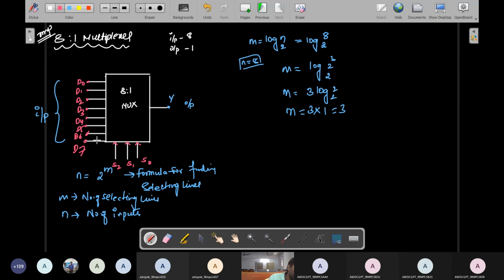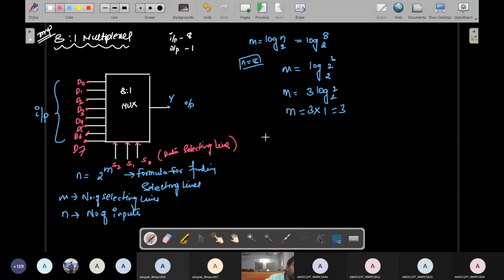If you're using 8 input variables, then you have to give at least three input selecting lines. These are called data selecting lines. Compulsorily, these data selecting lines will be given to this multiplexer. So what is the output we obtain? This output is selecting any one of the inputs on the basis of these selecting lines. Understand everybody? So this is the block diagram of the 8:1 multiplexer.